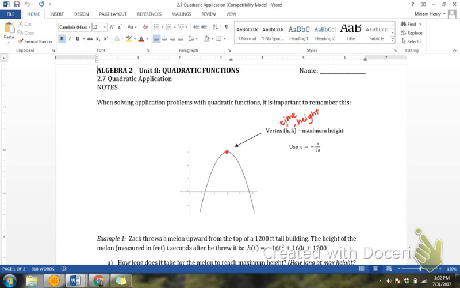H is going to represent the time that it takes an object to get up to the maximum height. And the K value is going to actually represent what that height is. Because you would agree, our whole scenarios today are going to be like throwing something up in the air and it coming down. Okay? So this is the maximum point at which it gets to. Your x-axis is always the time. Your y-axis is always going to be the height. Okay, that's why the x or the h value is time, and height or the k value, that's a y there,